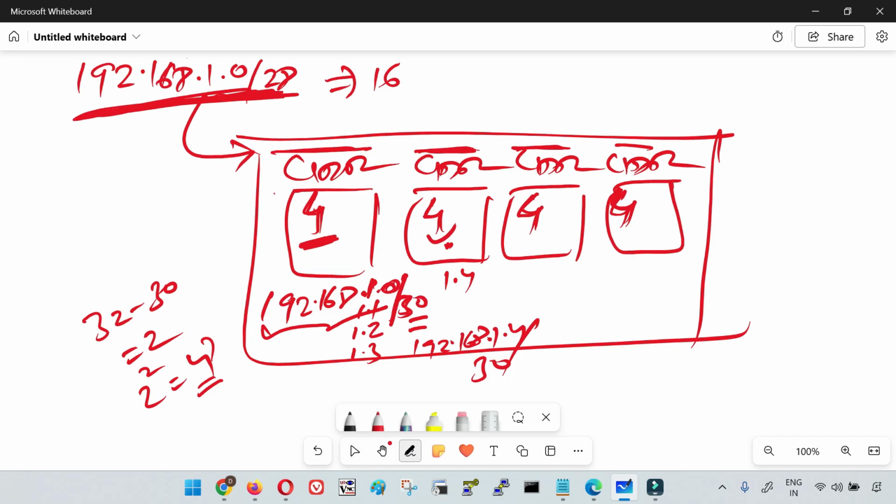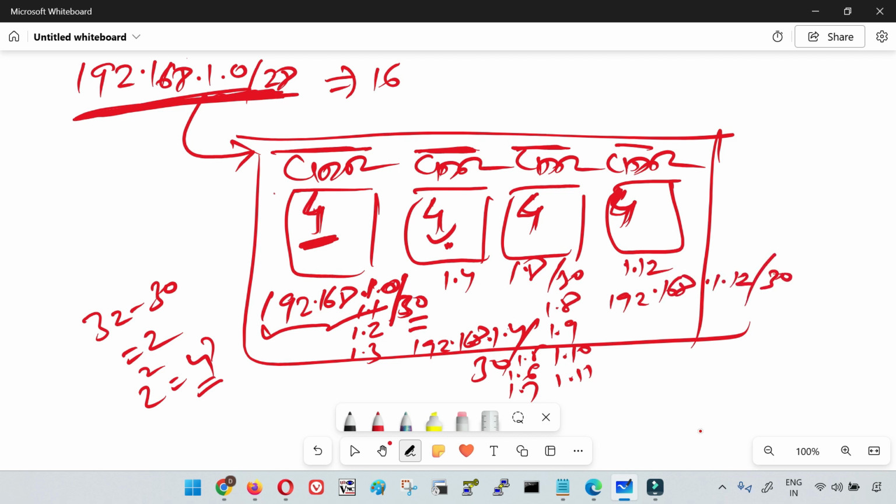Now what are the 4 IP addresses? We will start from 1.4, 1.5, 1.6 and 1.7. Right? So now it will start from 1.8, and similarly it goes for /30, 1.8, 1.9, 1.10, 1.11. So this is going to start from 1.12. That means 192.168.1.12/30. Right? So in this way, what we have done is split this single network CIDR into the 4